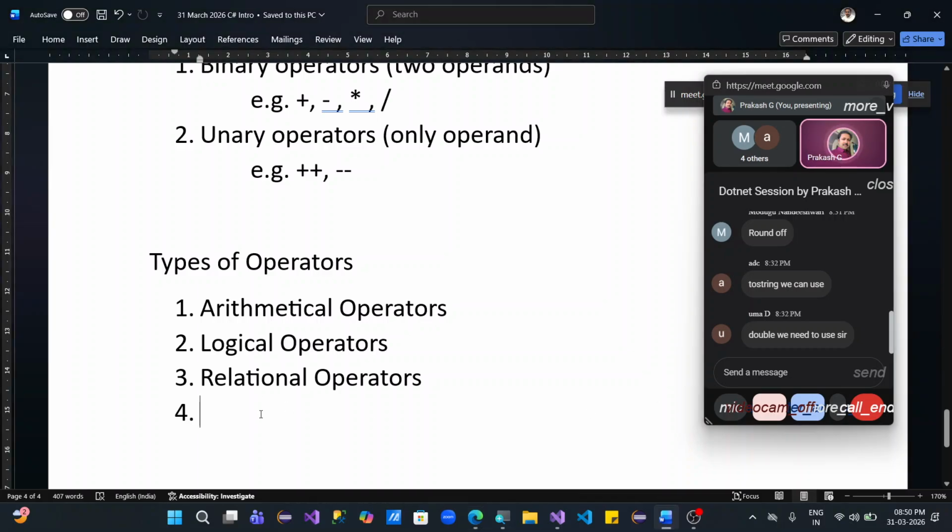So relational operators means less than, greater than, less than or equal to, greater than or equal to, double equal to, not equal to. These come under relational operators. And there are something called conditional or ternary operators, guys, which are nothing but question mark and colon. These two operators come under ternary operators. And then